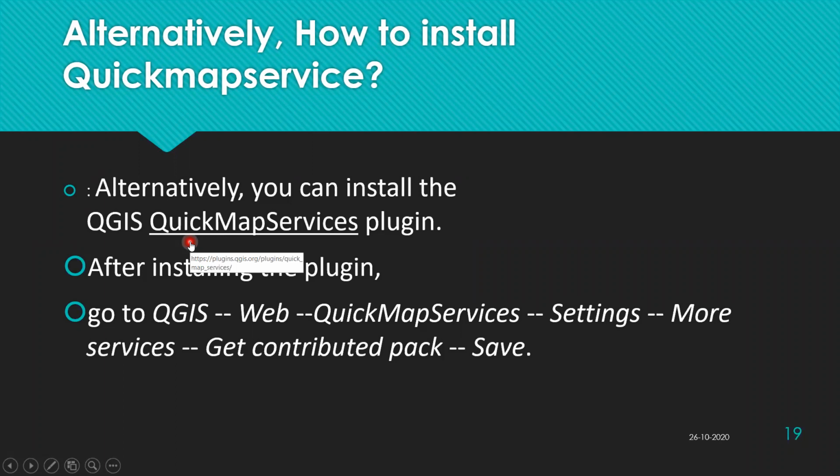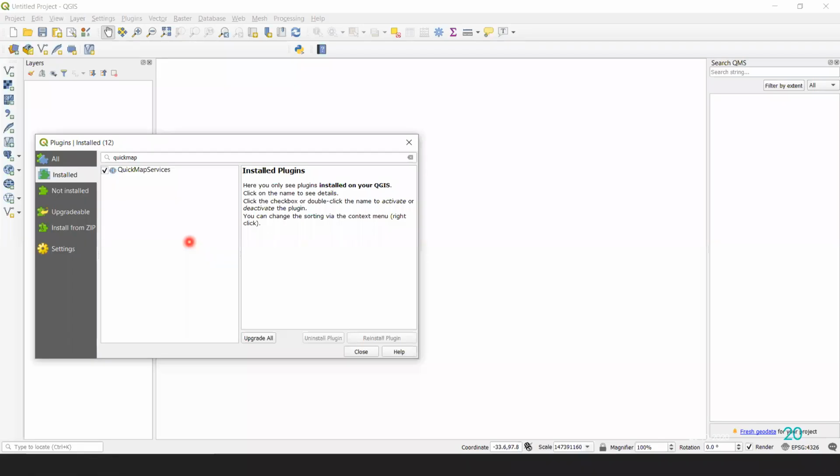So after that, what is shown on the window? Just let us see now. Okay, so here you have Google, QGIS. Go to the plugin and the plugin window is open. Search Quick Map. So you will be getting here Quick Map service. Install it. So it will be showing like that in the installed tab.